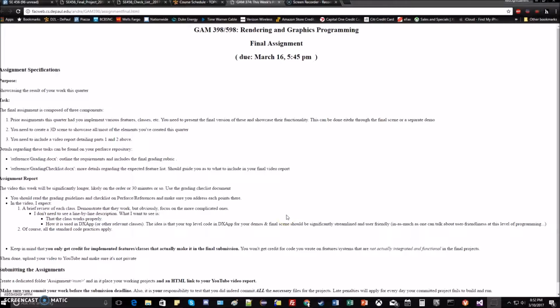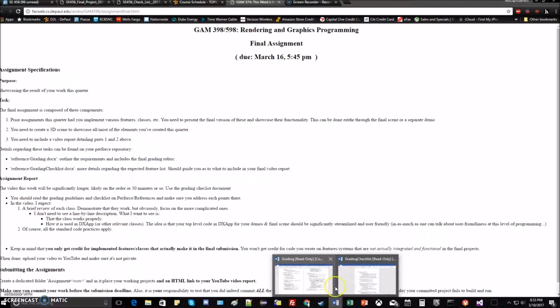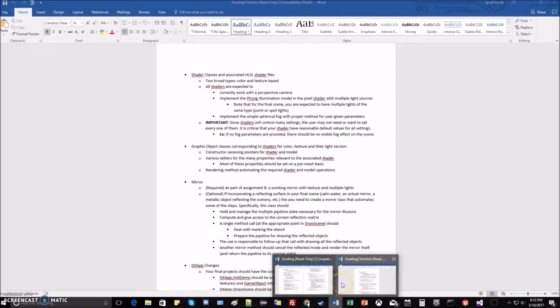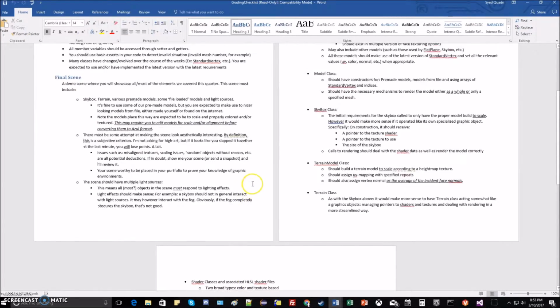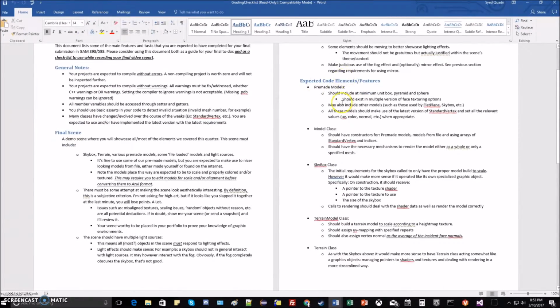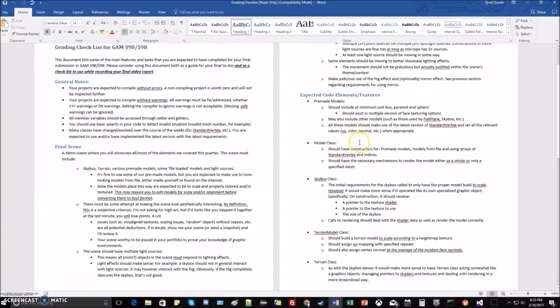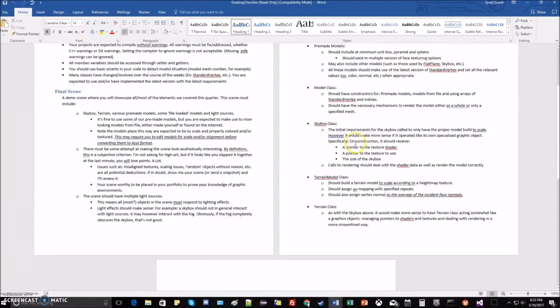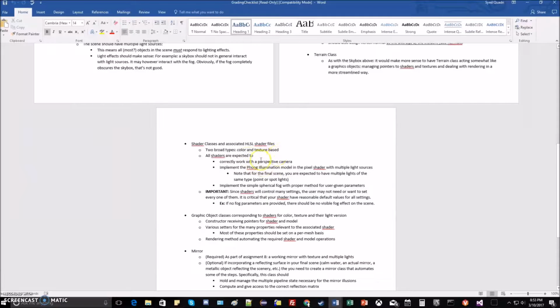Hello everyone, so this is the final assignment for rendering graphics programming. For this assignment we had to create a scene, and we also had to implement some of the features that were provided to us in this rubric here. So I'm going to walk through the expected code and elements and features of the code, and I'm first going to jump to the shaders